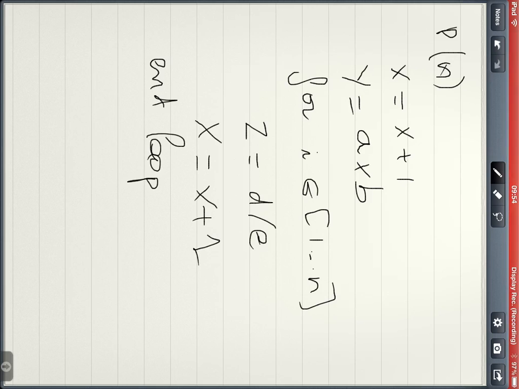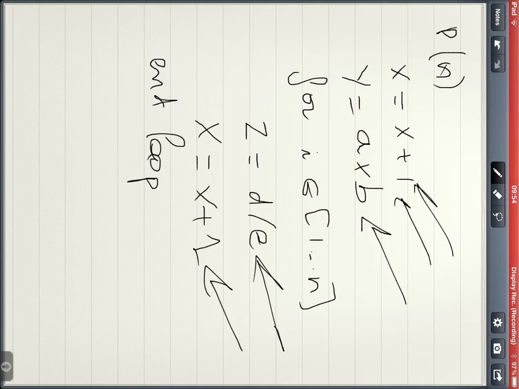So that's going to be 30 times 10 to the 6, and that's going to be 5 times 10 to the 6. Now, if the input was 10 to the 9, that's going to be 30 times 10 to the 9, and that's going to be 5 times 10 to the 9.